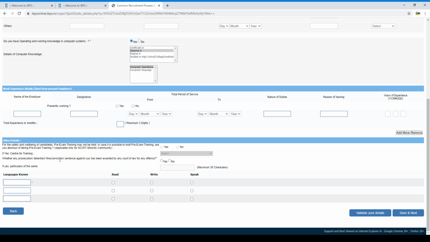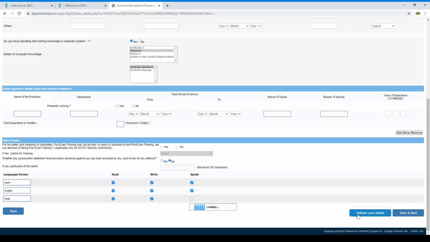And then next it asks, do you have any law offense, if you have done any law offense, or do you have any case in a police station like that. If you have any cases, click yes or else no. And then next, language name. So first, I know Tamil. Tamil I can read, write and speak. So choose your language first, and then I know English. Yes, I know to read, write and speak. And then next, yes, I know Hindi. I just know to read and write, but I don't know how to speak.